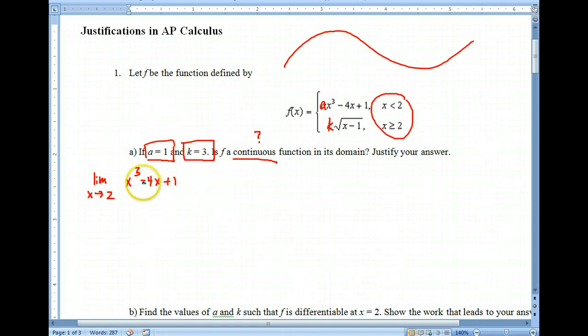So this type of problem doesn't really need limits. You can just plug in. So this is going to become 2 cubed minus 4 times 2 plus 1. What's 2 cubed? 8, minus 8 plus 1. So cancel, cancel. 1. So from the left, I'm sorry, I didn't write from the left. The limit goes to 1. From the right,